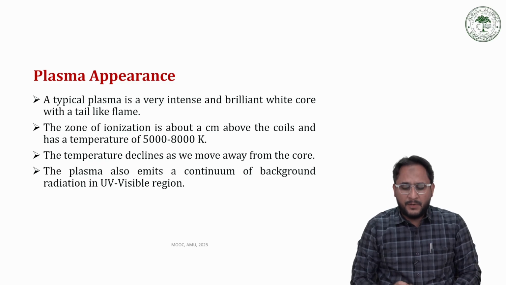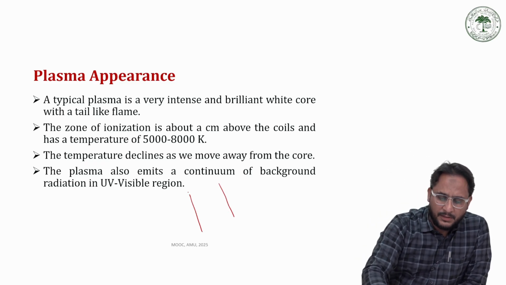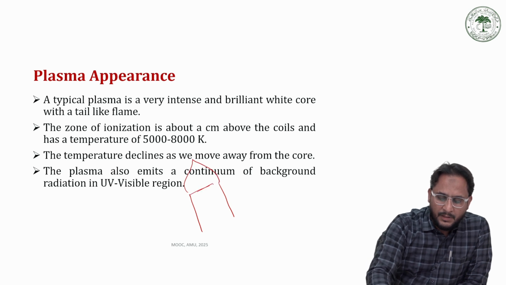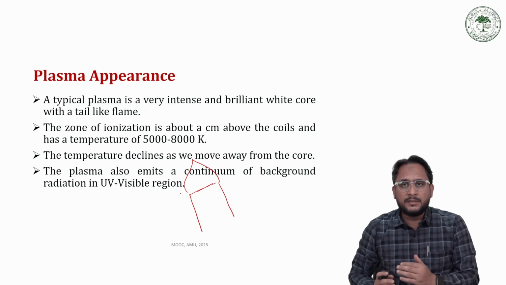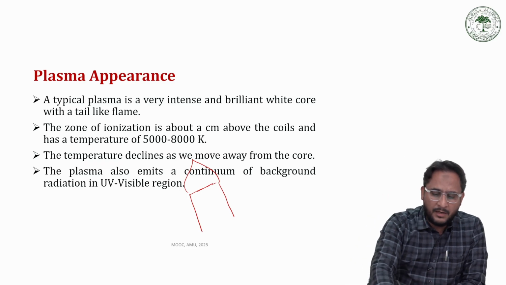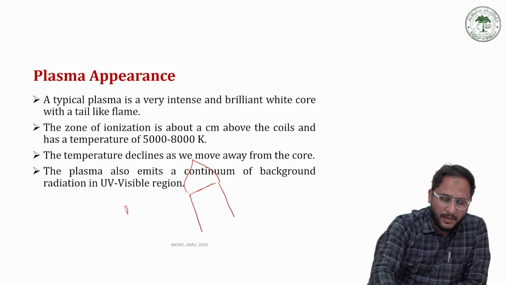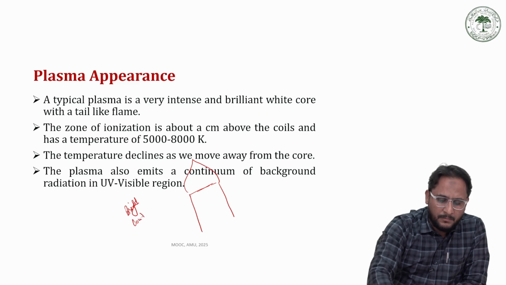The appearance of the plasma. The plasma appears in this conical form, and the plasma itself generates a continuum of background radiation. So the plasma is very bright, as it emits a continuum of bright light,